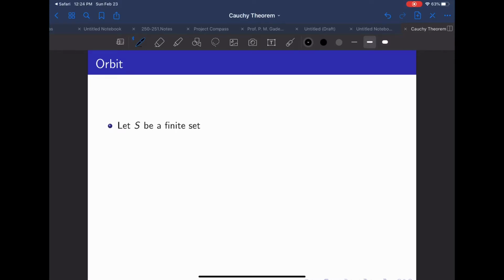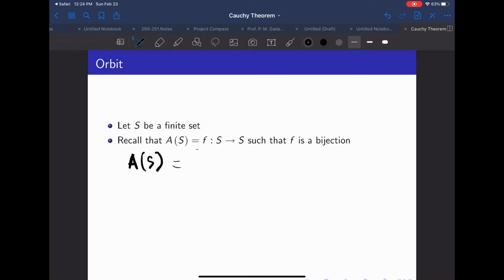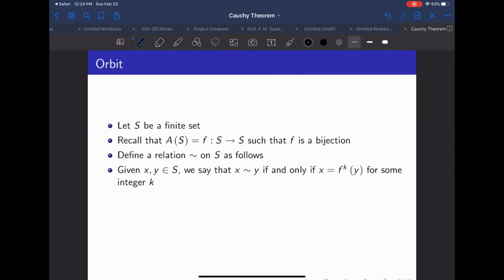So, let S be a finite set. Recall that A(S) is the set of all functions f mapping S into S, where f is a bijection. We will define a relation on our set S, and for this relation, let me explain exactly what this relation is. We'll say that two elements x and y are related to each other if and only if x is